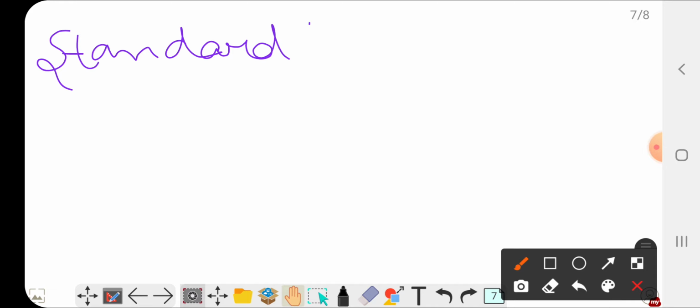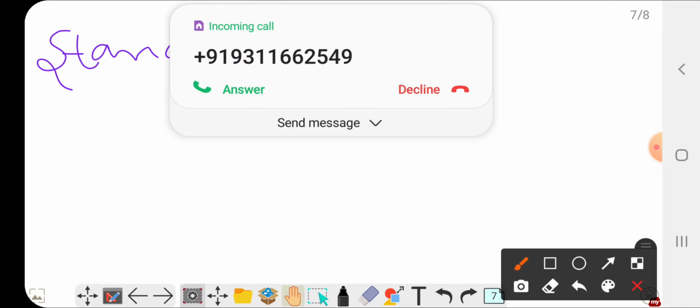For paper 2, you should follow a standard book which you have already studied, either at your graduation level or in your 11th or 12th class. Why am I telling you this? Because there is no particular book you can refer to for organic chemistry from which the whole paper will be designed. So first of all, we have to prepare a standard book, which can be any one in which you are comfortable.